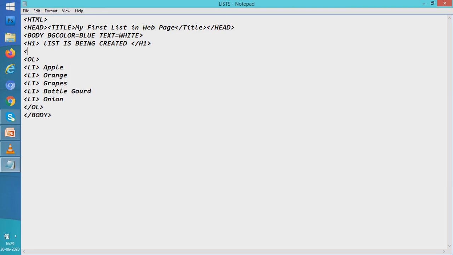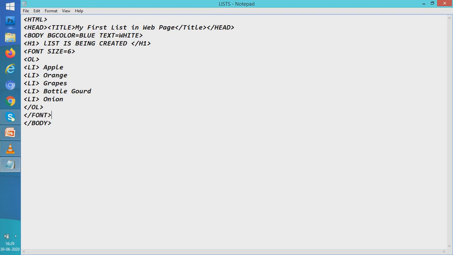You have read font tag. We'll only change the size. We'll say size is equal to 6. The range that size takes is 1 to 7. So I have given 6. Now I close it, and at the end of /OL we'll close font also, because font is a container tag.